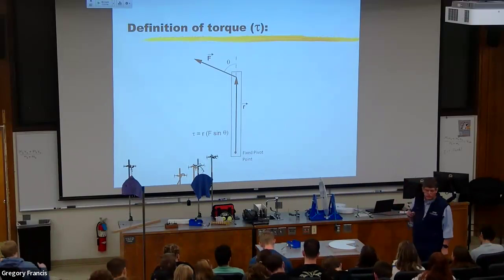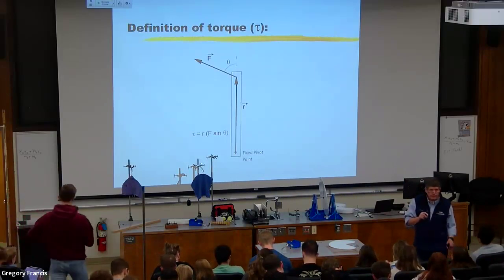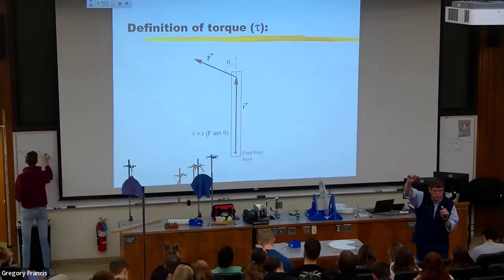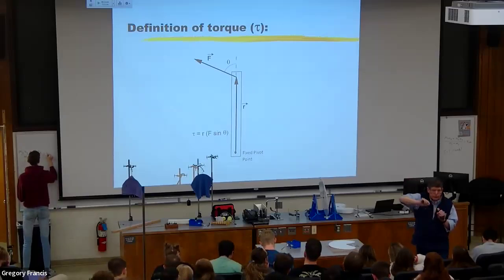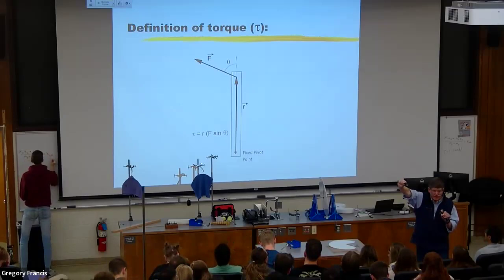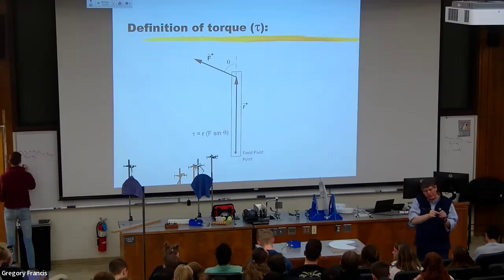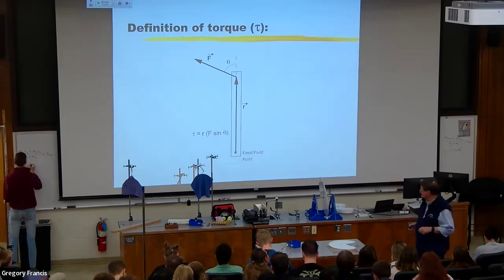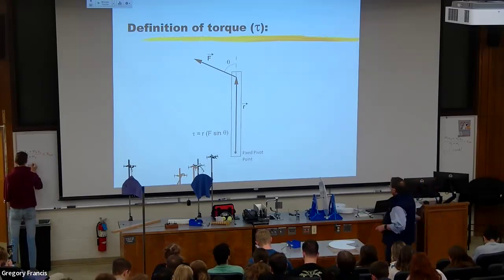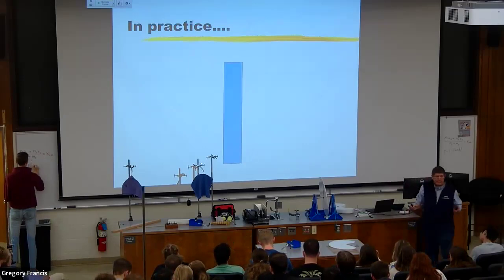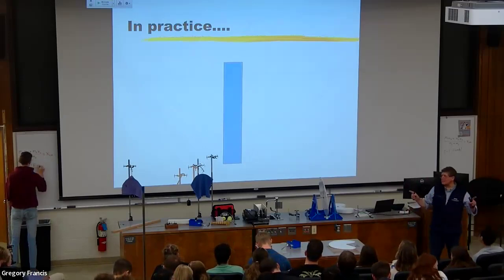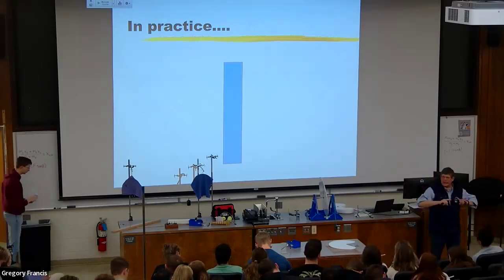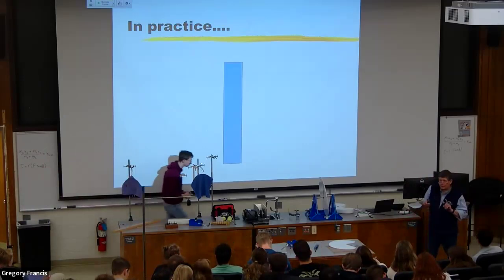The R is the position vector. Remember when we were talking about kinematics, motion in 2 dimensions? We used an R to represent where you were in town. And we broke that up into an X part and a Y part, but the position was R. Okay? Now, in practice, in 99% of all of your problems,